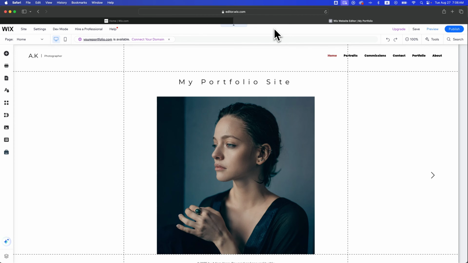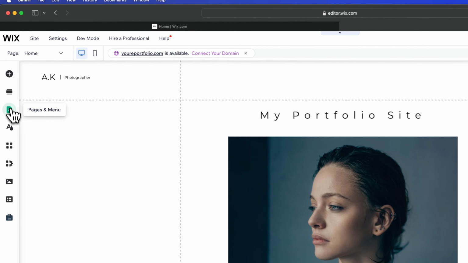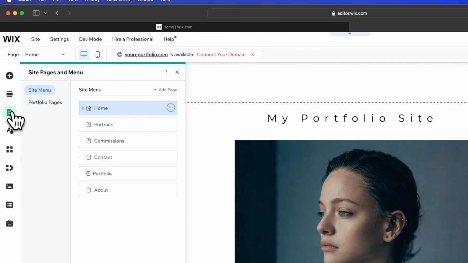In this Wix tutorial, let's take a quick look at how to add pages to your Wix website. So if you want to add a page, you can go to the Pages and menu here on the left-hand side. In Pages and menu, you'll see what is essentially your site menu and a list of the pages on